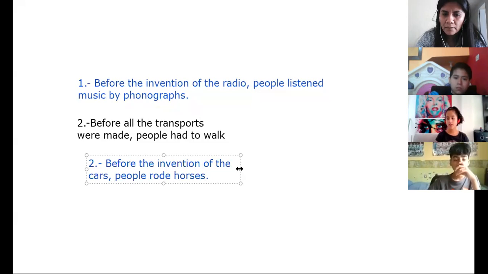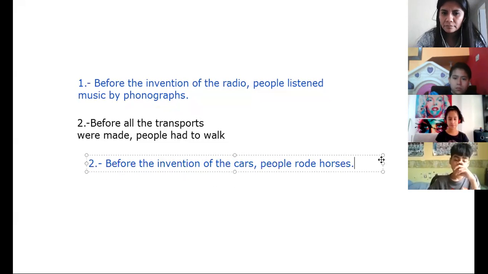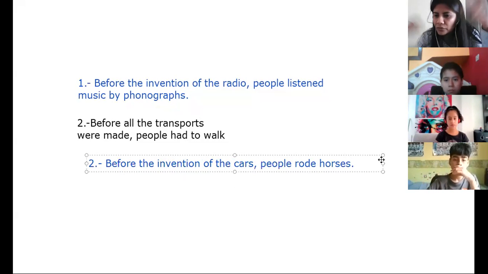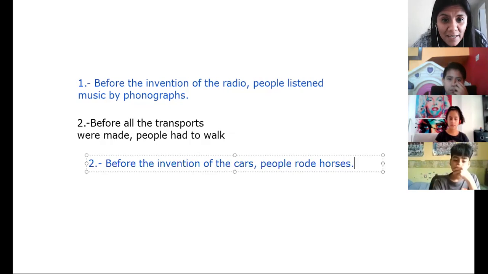Okay? If you want, you can add complements and things like this. I'm going to check some people on the chat. Someone said, yes, I understood, miss. You don't have to continue explaining. Here we have one sentence. Look, I will